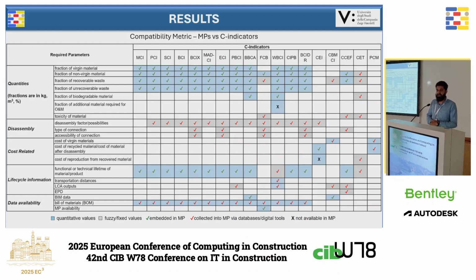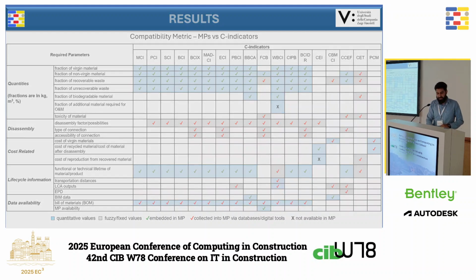There are some fuzzy values, like if a type of connection is accessible, it would be given a value of 4, and if it's not that accessible, it would be given a value lesser than 4 or 0. So those are some fixed values, and I've only found 2 of the requirements that are not present within material passports. That is the fraction of additional mass material that is required during the operation and maintenance phases of buildings, and also a cost-related factor, that is the cost of reproducing a product from a recovered material. Other than that, I found it very feasible that the material passport could